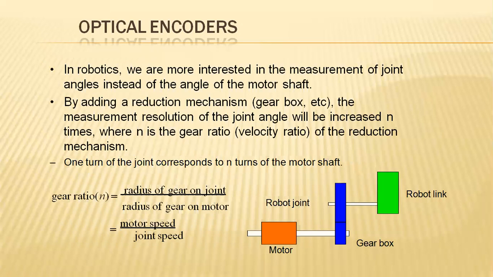So the optical encoder is a good example related to our mechanical automobile factor also. That is nothing but the gearbox alignment. Here the motor is aligned to the gearbox, and the gearbox to the robot link. So robot links are exercised like this. There will be a robot link, linked to the gearbox, and the gearbox will be directly attached to the motor.